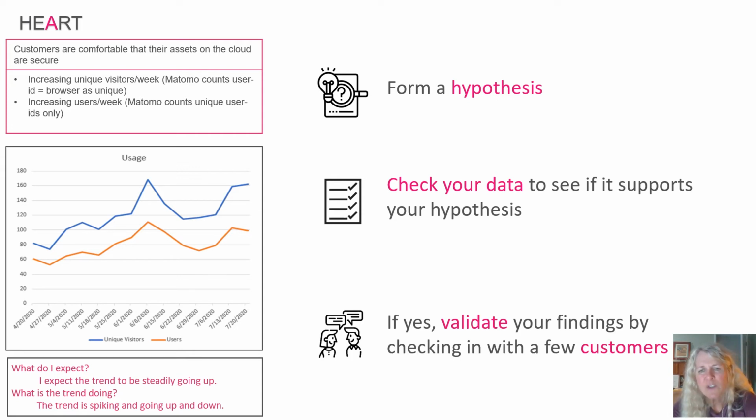And then you want to validate it by checking in with your customers, because the data may support it, but you may find out that, yeah, that was part of it, but there was some other reason that's not even on your list that also came into play that drove the usage up or down. So those are the things. Form your hypothesis, test it with your data, and then test it with your customers. And when you test it with your customers, just pick a few customers that are regular users that you know you have a relationship with, and who will give you some honest feedback.